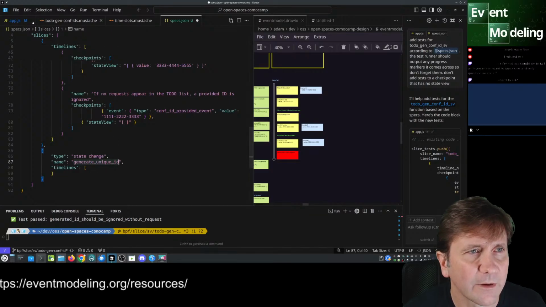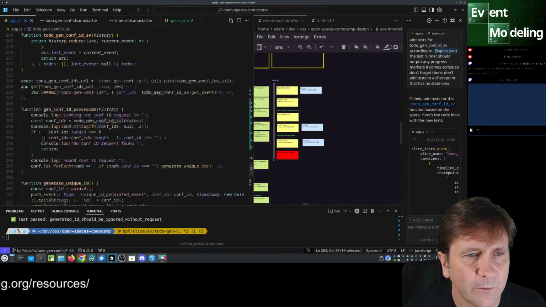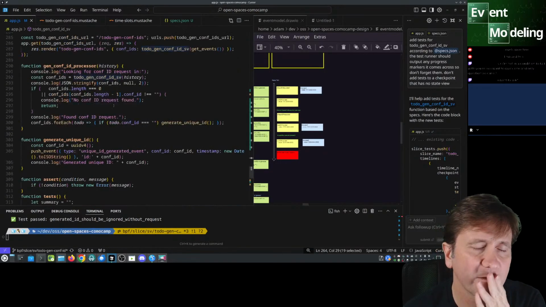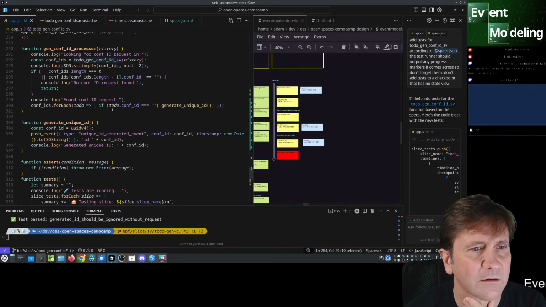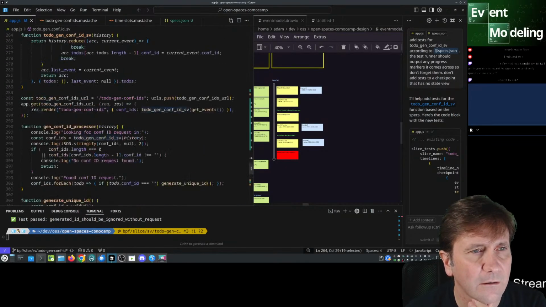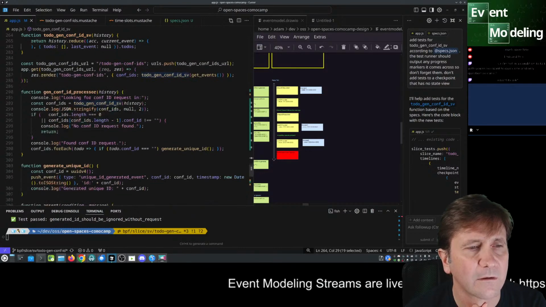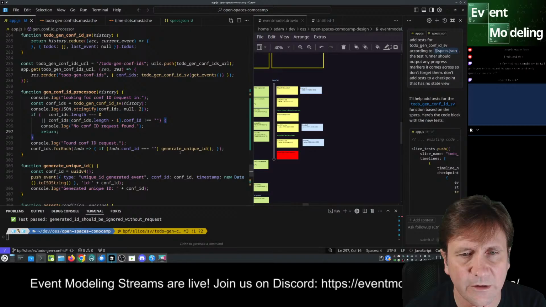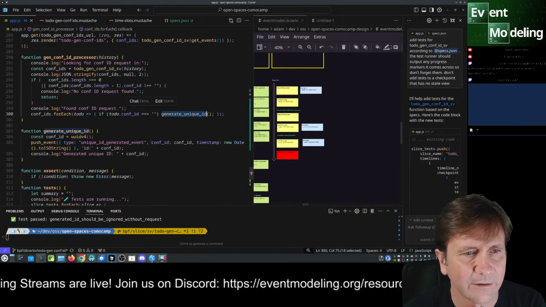Is that what we have? What are we going to be throwing into the unit tests? Actually, did we go too fast without tests on this? So this generate unique ID is our command, really.